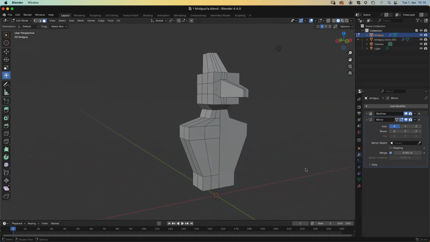So super important now is that you don't do anything that has to do with the center line, because that will mess up your mirroring. You can do a little bit of merging here. I usually put more than 0.1 meters. I think I put as much as 1 millimeter of merging. That means that if there's any trouble happening here in the center,